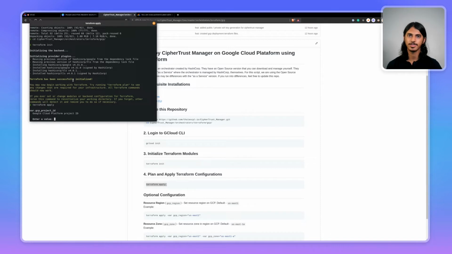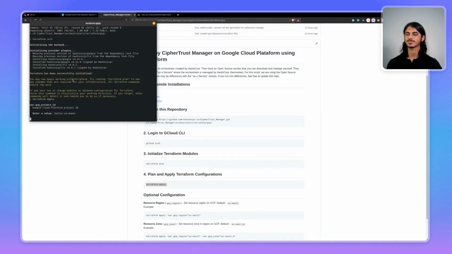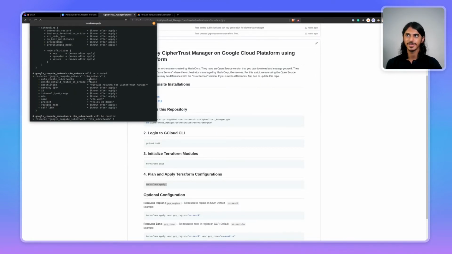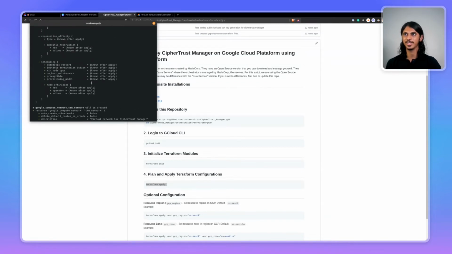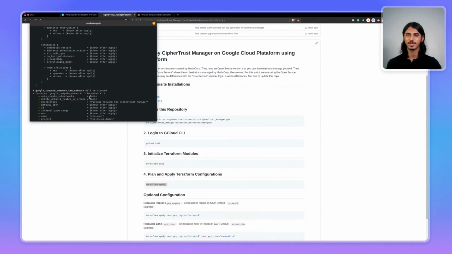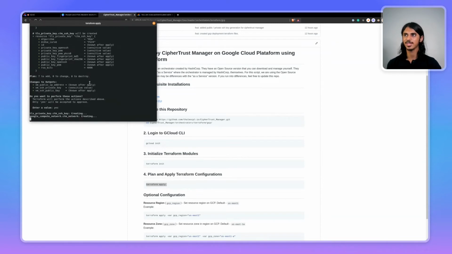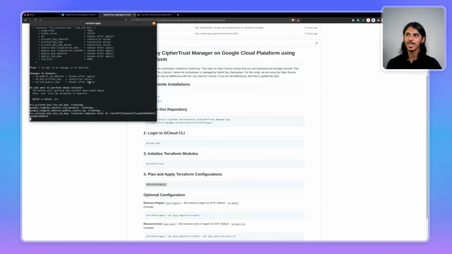And I need to enter the gcloud ID. The gcloud ID is the project ID you're working in. So for me, it is Thales CM demos, and that should automatically start the deployment process. Now it'll ask you to verify these resources, and in summary, all it's doing is deploying a Google Compute instance with the CipherTrust Manager Community Edition marketplace image. So all I can do is type yes and just wait for it to deploy, and it should be done